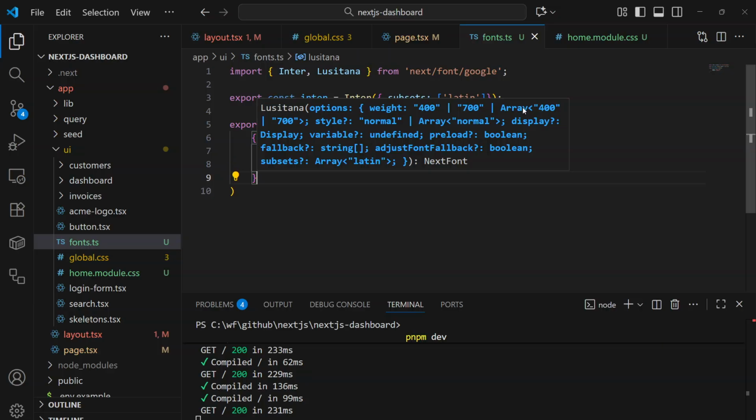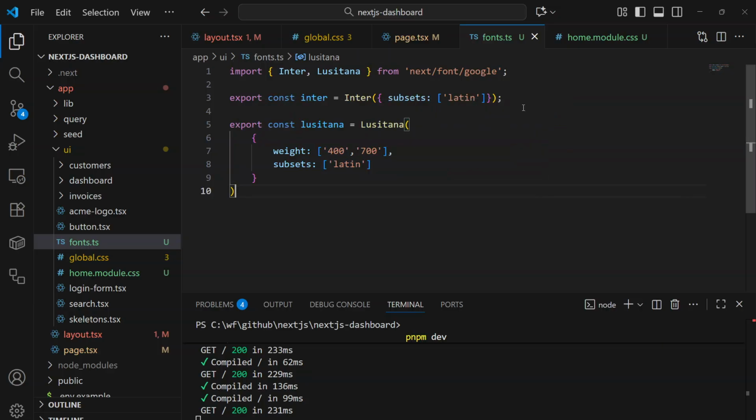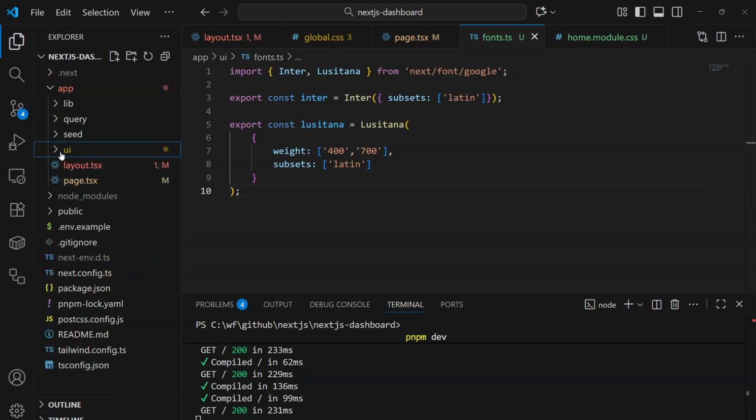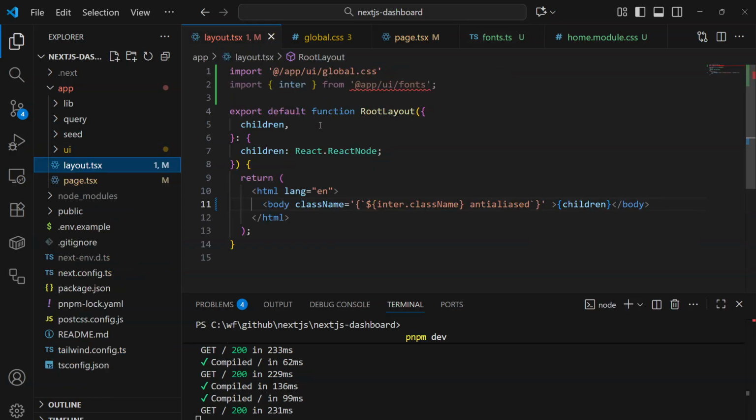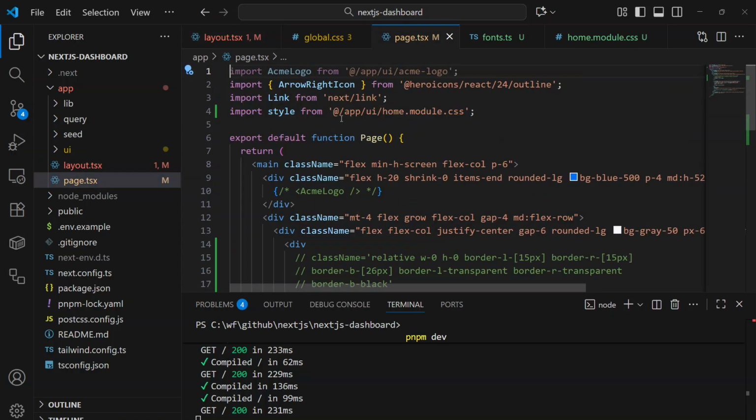So with this being done, let's just try closing this. So we have a secondary font with us as well. And let's just use it on the page. So basically what we have done previously over here, we have used the Inter font, and inside the page, what we can try doing, we can try importing this